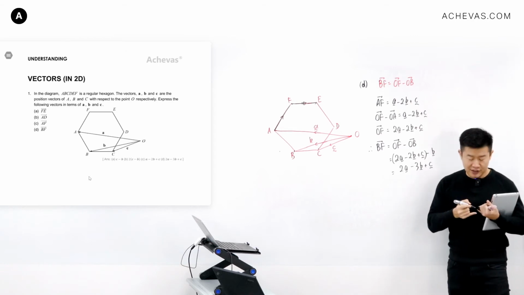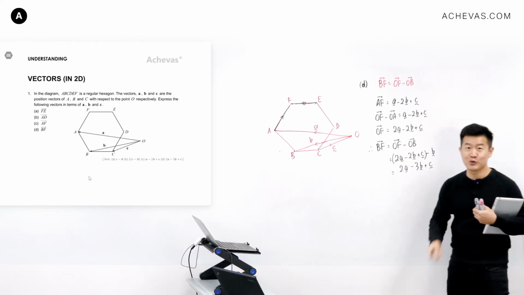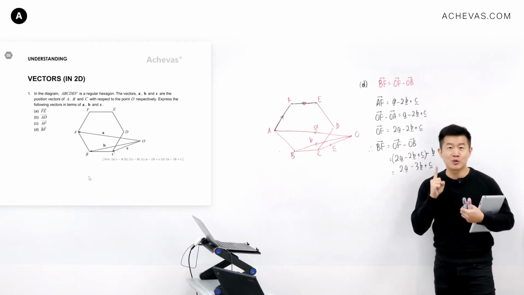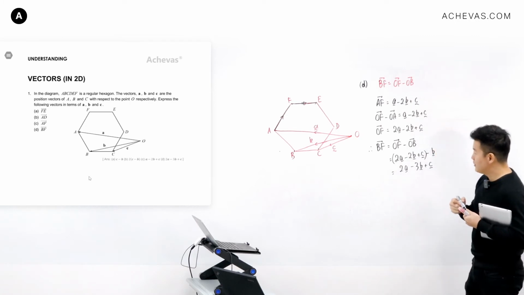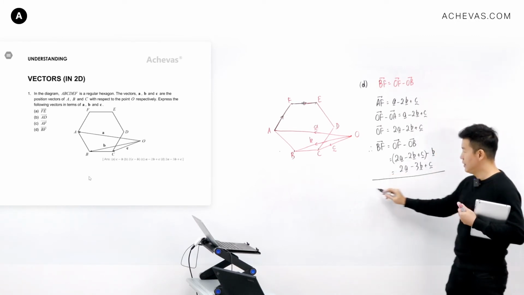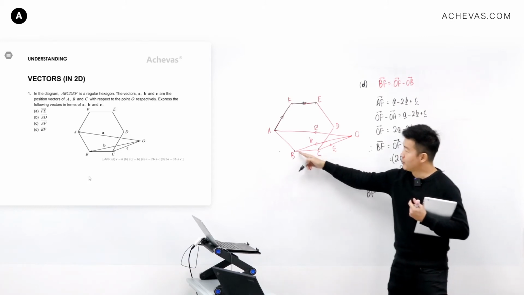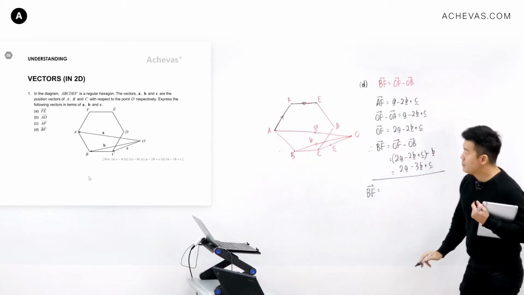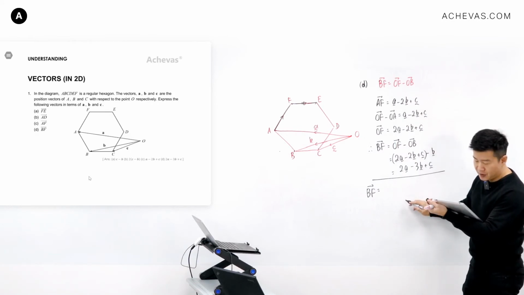And I have an alternative way to find BF. Let me propose this other strategy to you, okay? It is very, very useful also. It is going to be making use of the triangle law of addition. Because BF, from here to here, can be found by also going for